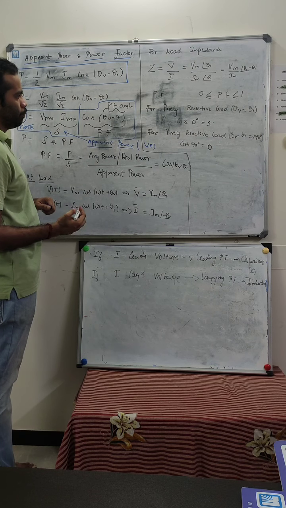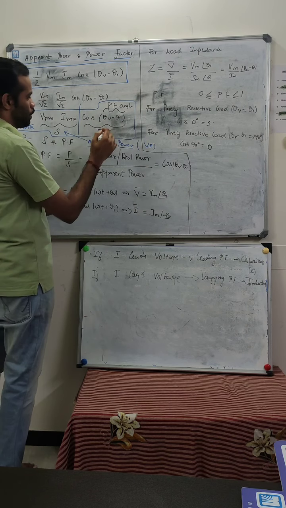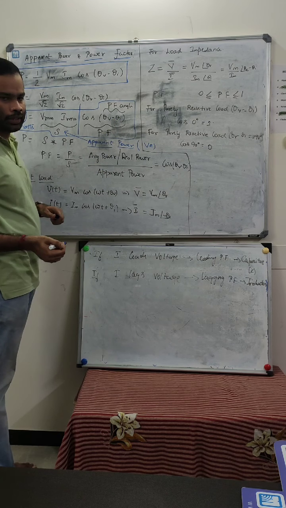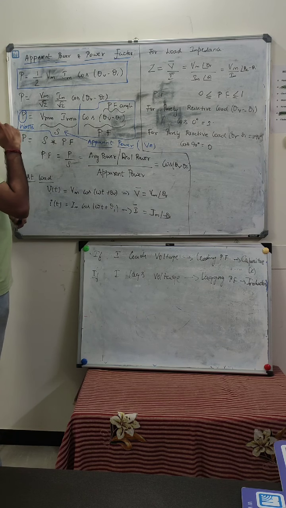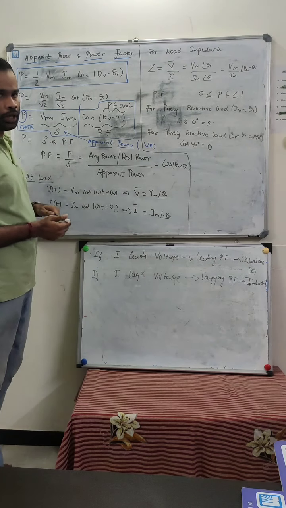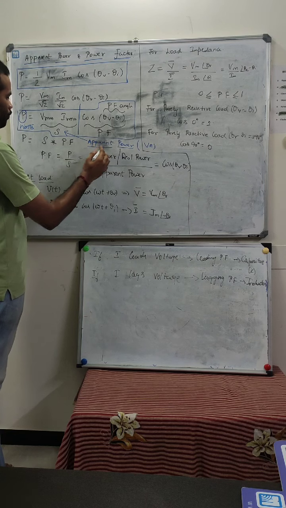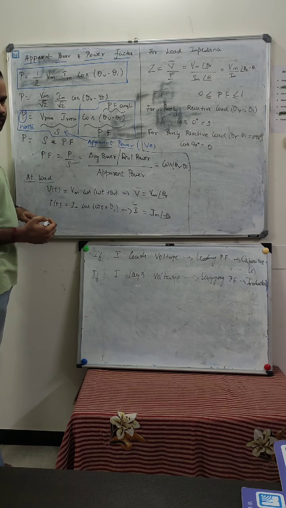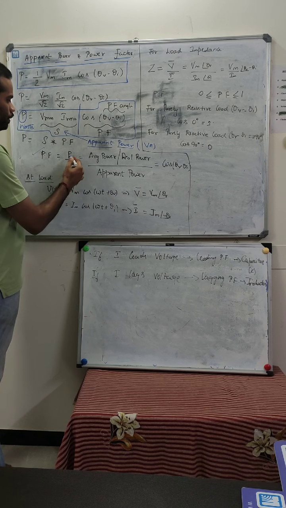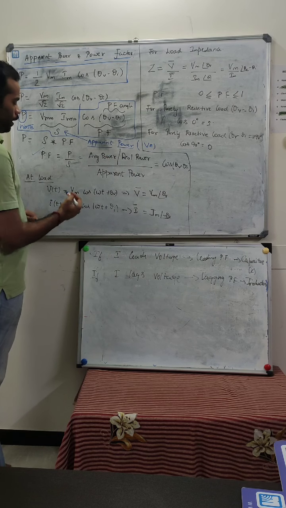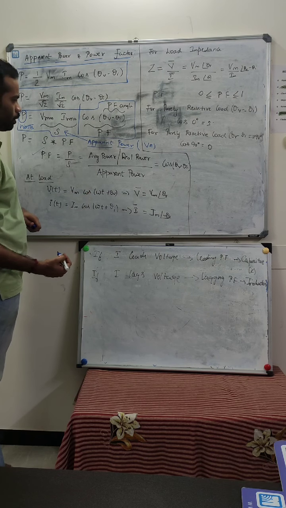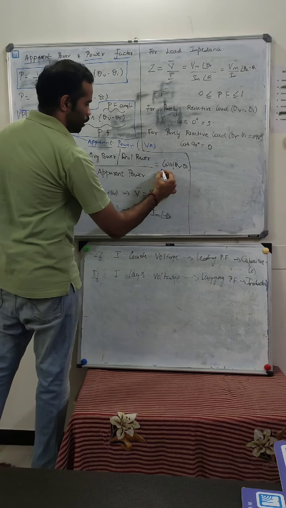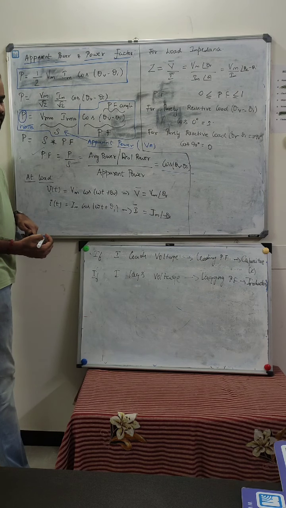Which is very important, and the angle which is represented in the cosine form is generally called the power factor angle. So by simple definition you can say the apparent power is the product of your RMS voltage and your RMS current. And the power factor is nothing but the ratio of P by S, where P stands for your average power or real power and S stands for your apparent power. So the ratio of average power to the apparent power is generally called the power factor, which is given by cos of theta V minus theta I.